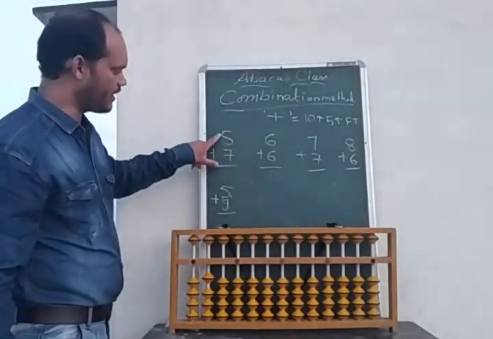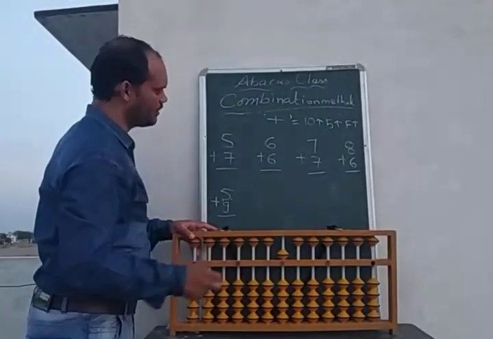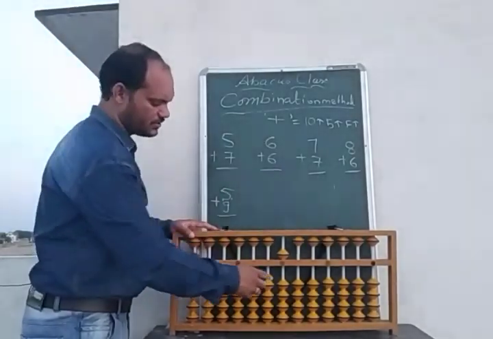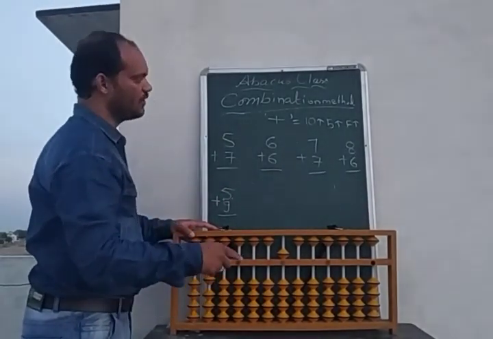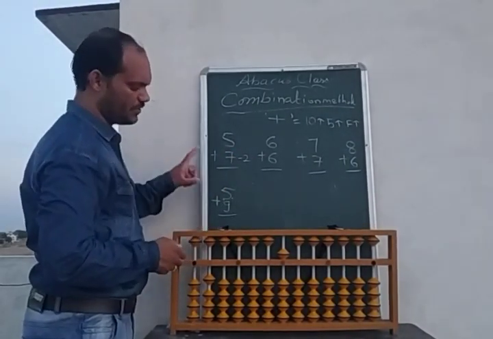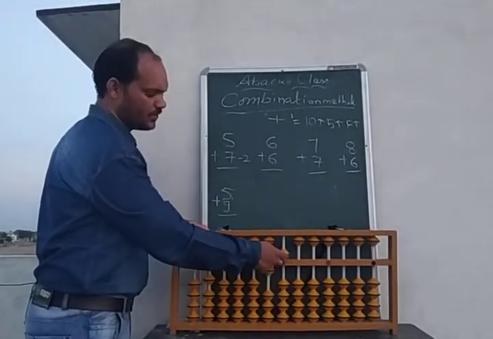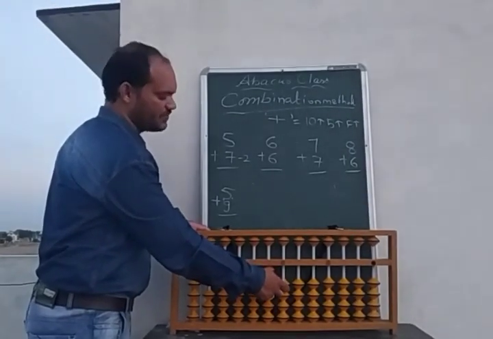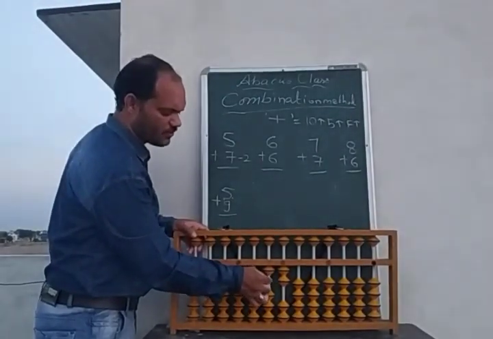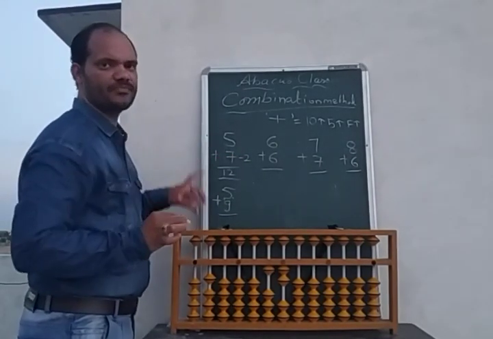5 plus 7. On the units rod we will make 5, but now we can't add 7. In the big friend, the 7th friend is 3, but 3 we can't take down. So now we will take the combination method. In combination, the 7th friend is 2. So here 10 up, 5 up, 2 up. 10 up on the tens rod, on the units rod 5 up, and the 7th friend is 2, so we up 2. Now you can see on the tens rod 1 and on the units rod 2. So 1, 2 makes 12. 5 plus 7 is 12.